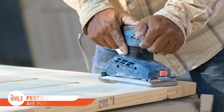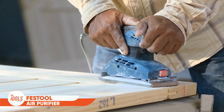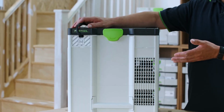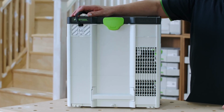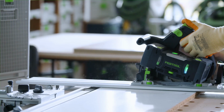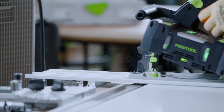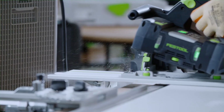Let's face it, dust gets everywhere when you're sanding, drilling, or cutting, even with the best extraction system. And here is the Festool Sys AirM air purifier. It cleans that mess right up. It's designed to clean up the fine dust that other systems miss, which means a cleaner workspace and less time